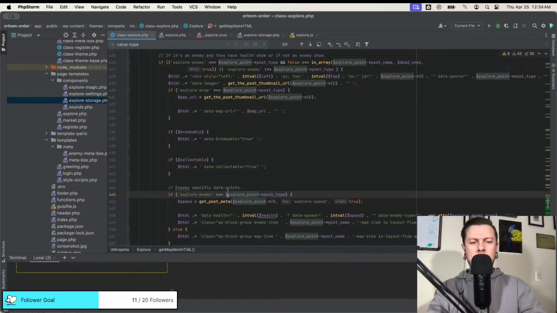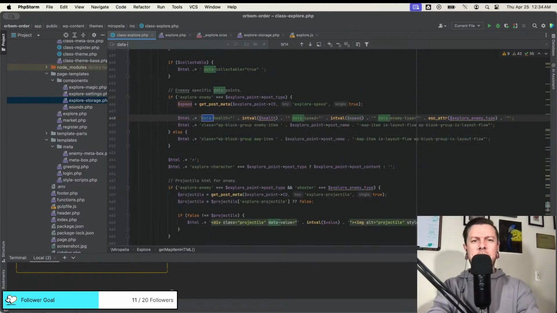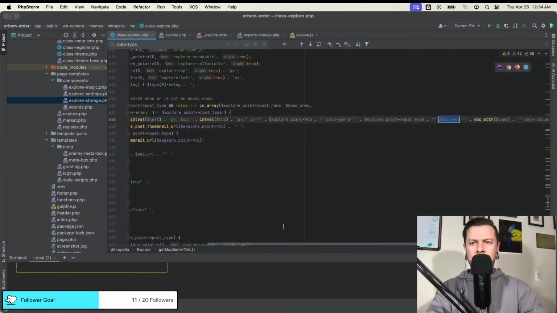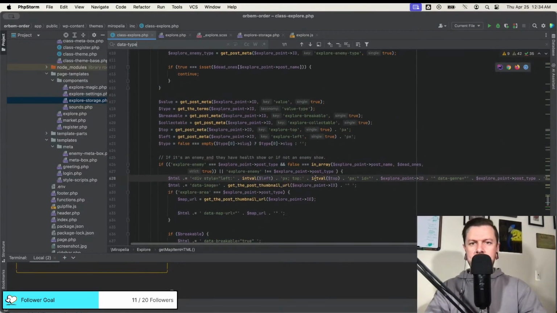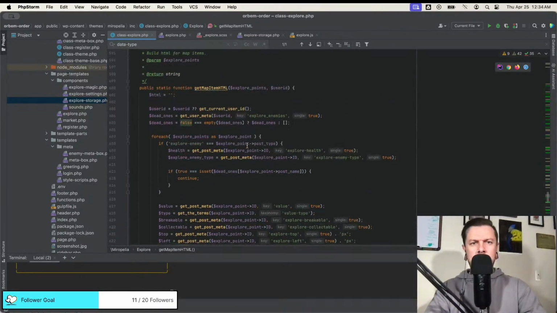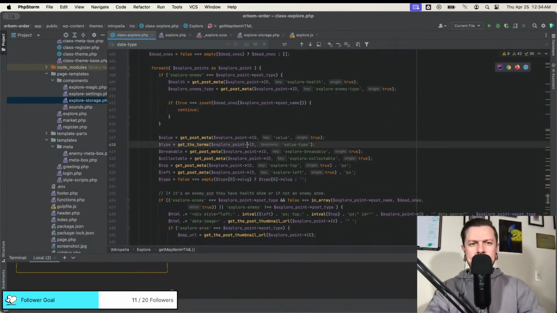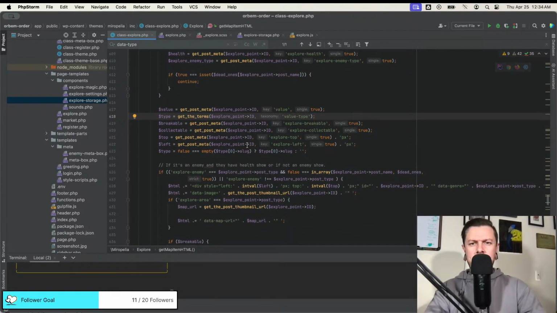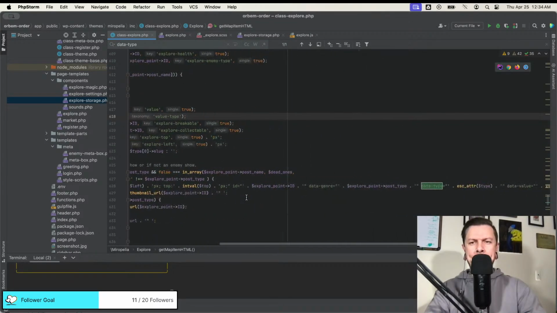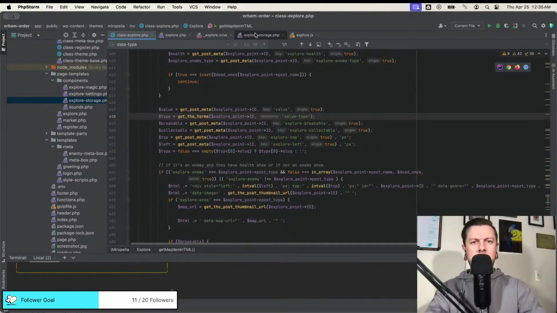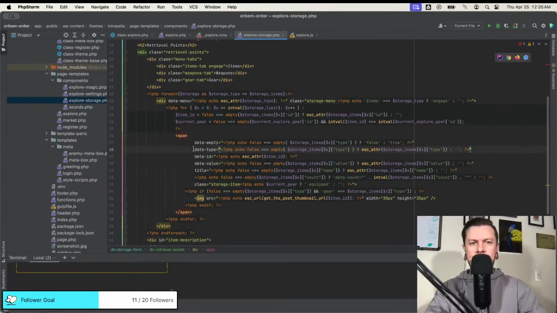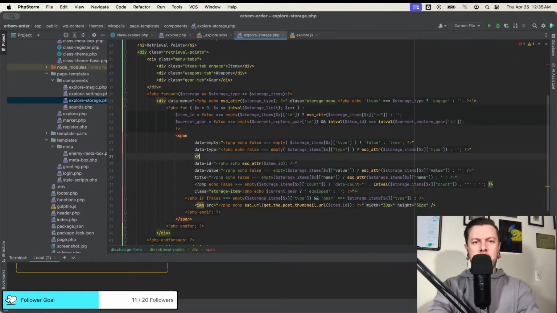Data value. Oh, no, it's data type. There we go. So we have type, so let's grab subtype if it exists. Oh, no, I need the storage menu. That's what I needed. Here we go. So what I want to do here is, if subtype exists.